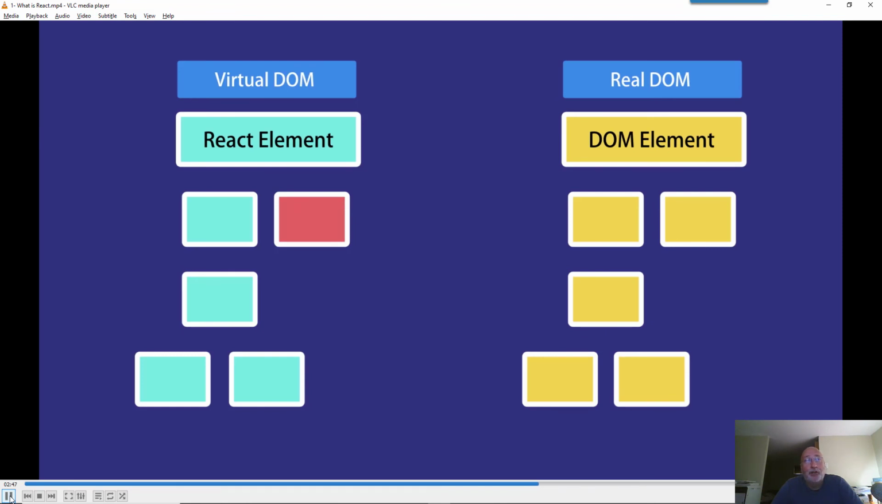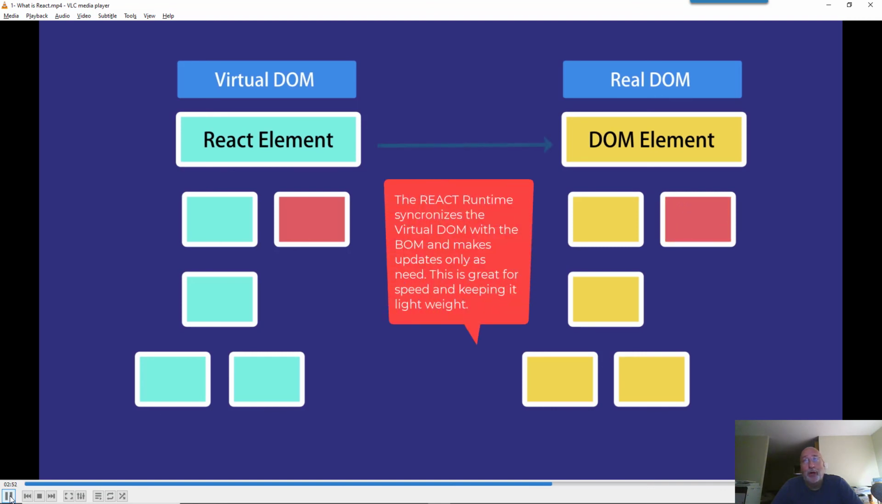If we change the state of a React element, React will then compare this to what's going on in the browser object model and update only the minimal amount of state it needs to keep it in sync. This means when keeping